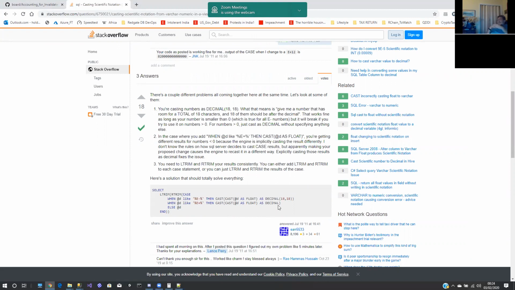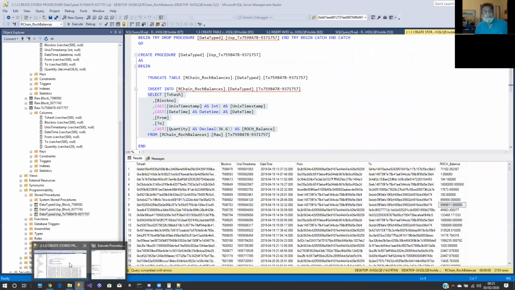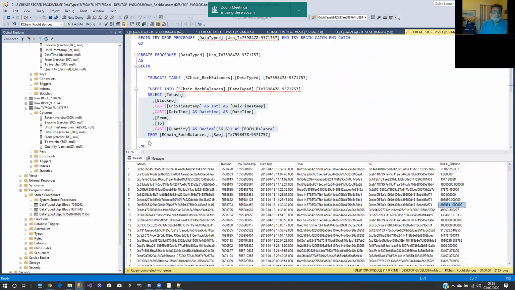So, could try this. Looks like it's a problem converting to decimal. Whereas if you go through float, it works. Because, so I think